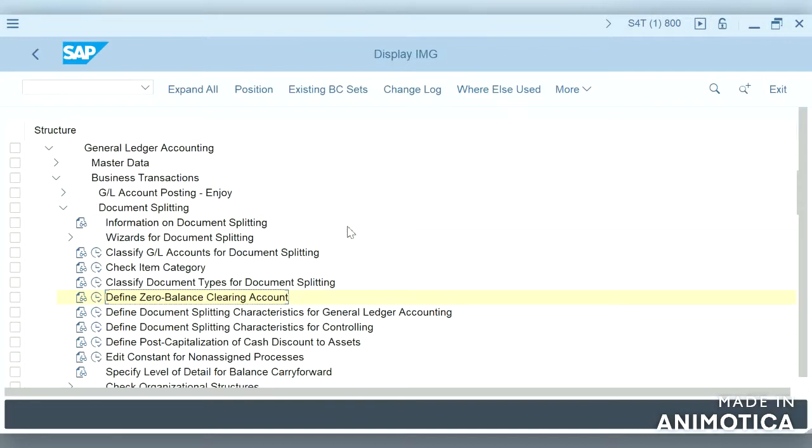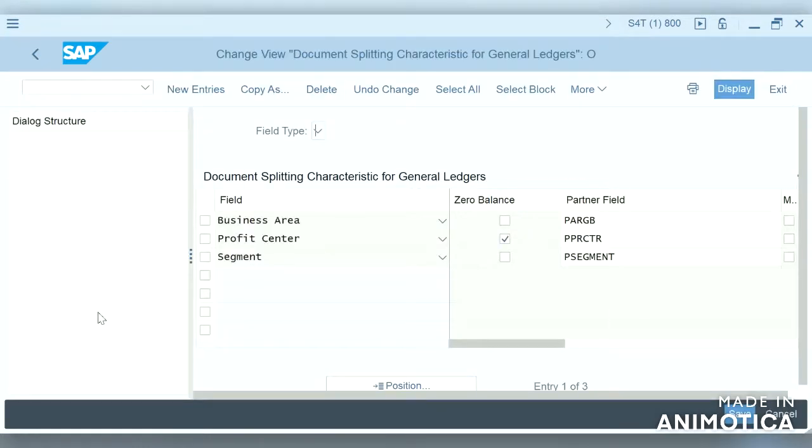So the next step is define document splitting characteristics for general ledger accounting. This is one of the most important configuration steps in document splitting. In this step, we have to define the splitting characteristics. Additionally, you can define whether this should be zero balance and mandatory field.